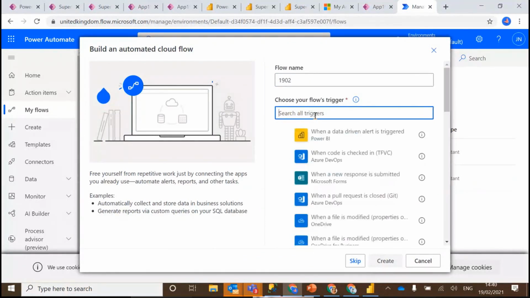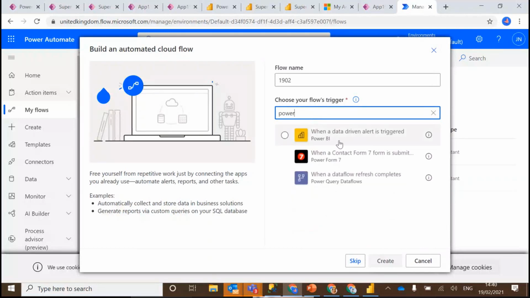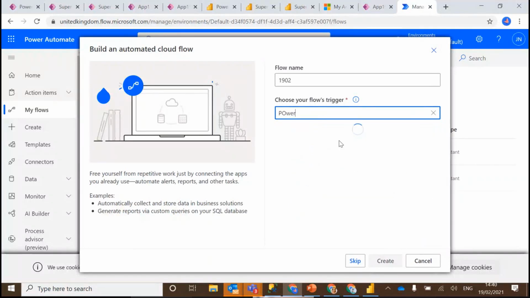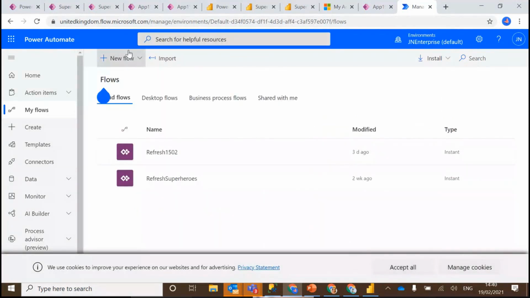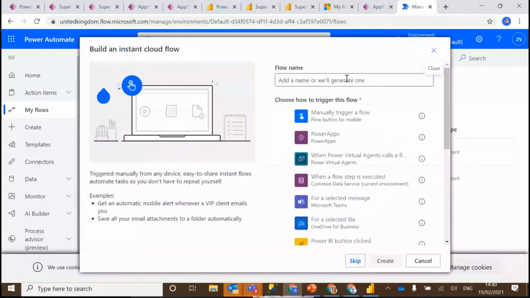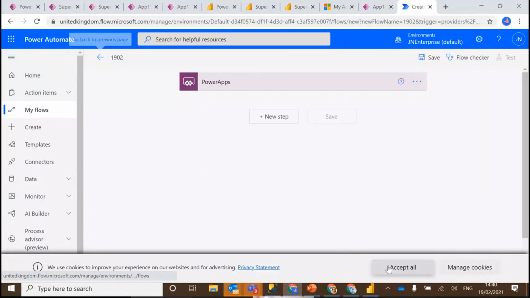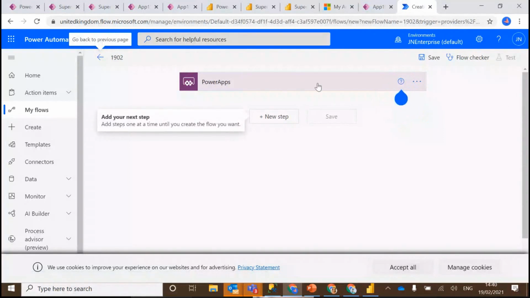Triggered. I want it from Power Apps. An instant flow. Yep, it's an instant flow. Easy mistake to make. So I'm building an instant flow. Go for Power Apps as my trigger. 1902 and then create. And you see here, this is basically saying that as soon as I click this somehow